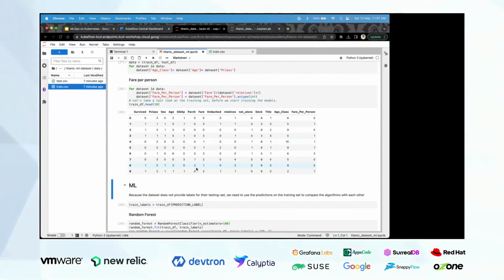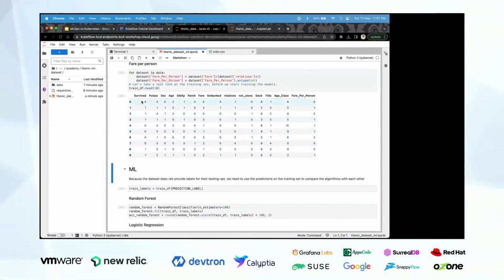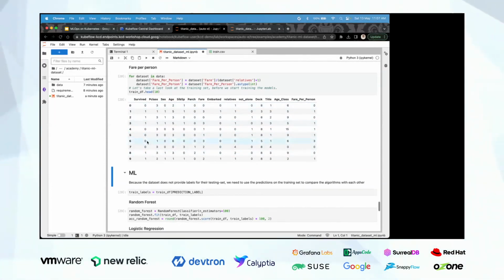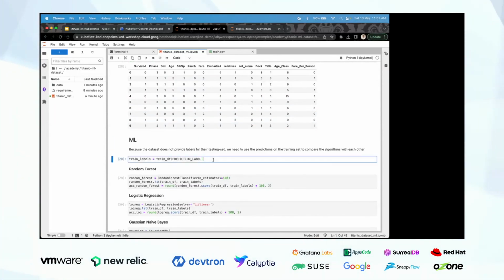So now what we have is the initial training set of the Titanic ML data set. Now we have pre-processed it, done some feature engineering, and now we'll train the model. I will run the cells.